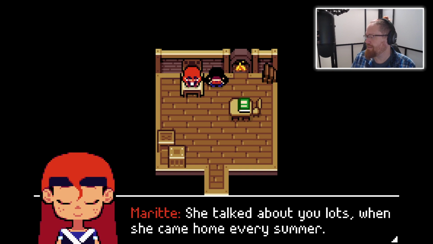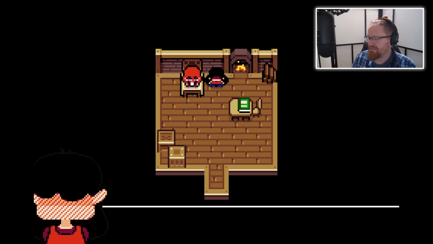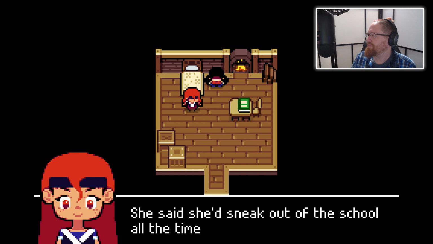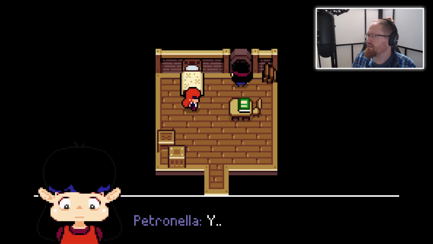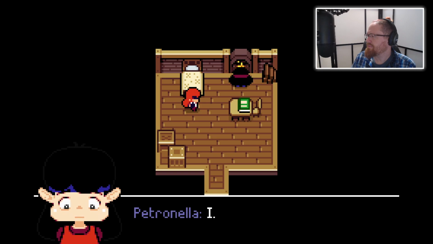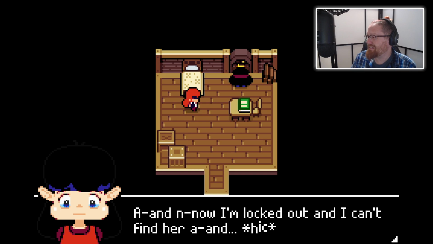She talked about you lots when she came home every summer. Nell never likes any of my plans, but they come along anyway. She says you're an amazing alchemist. Is that like potions and stuff? Yeah. She said that? Yep. She said she'd sneak out of the school all the time, dragging you along. Yeah. At first I was so scared of getting in trouble, but it was always nice to hang out here, away from the other students. I don't know where Safina is either. We have a secret way in, but it only works for Safina. And now I'm locked out and can't find her, and...